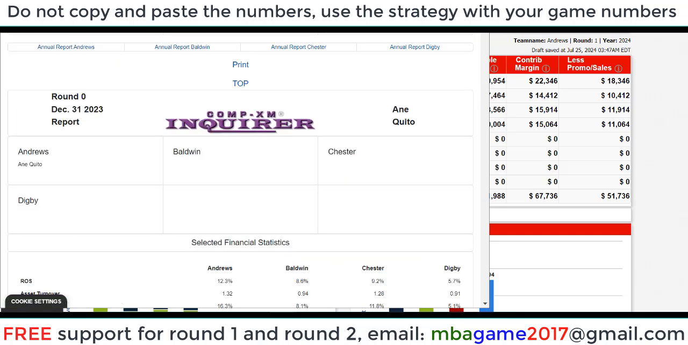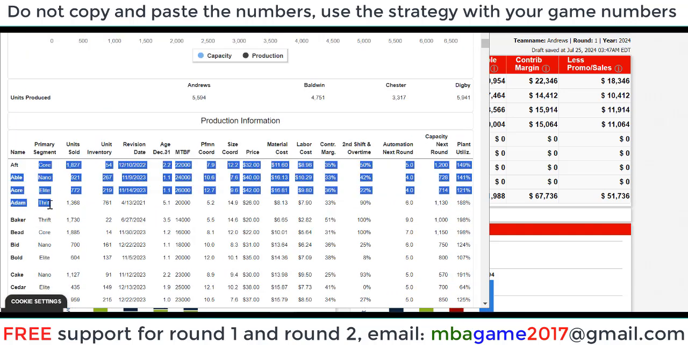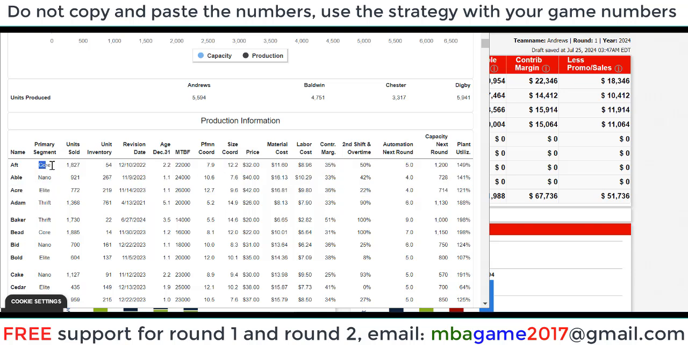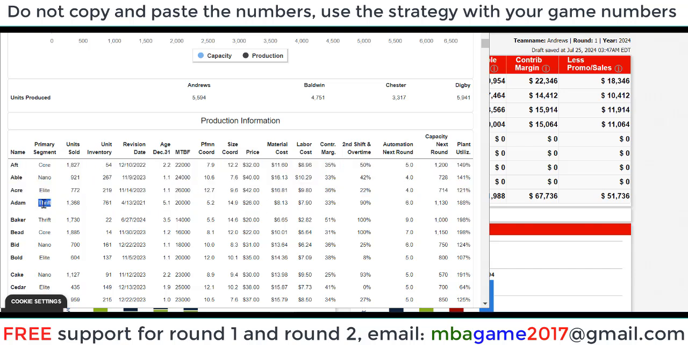You can also check the production here to see the order of your product here. So trip is number 4, core, nano, elite. So we check this report, you see the order of your product, and we see the range of the price. Okay. So I say this again, very important. Check this report part to find out the order, what product is the trip, core, and nano, and segment,